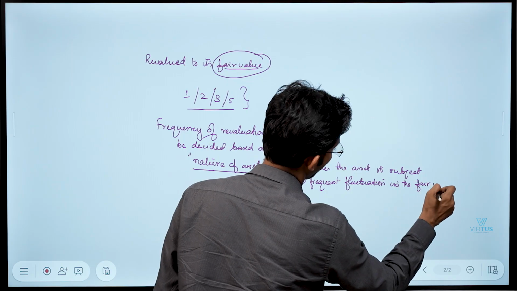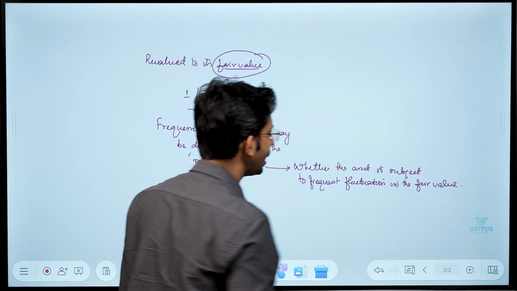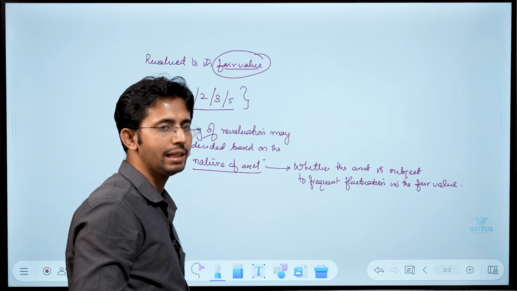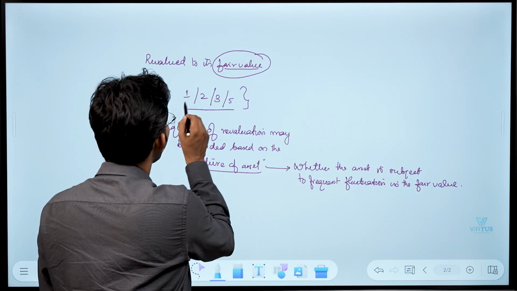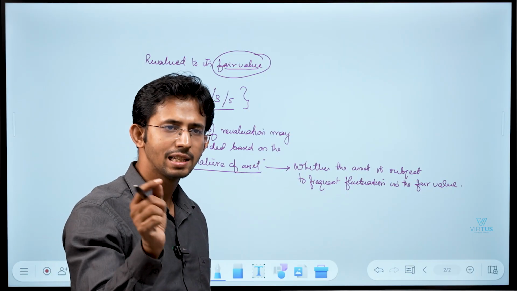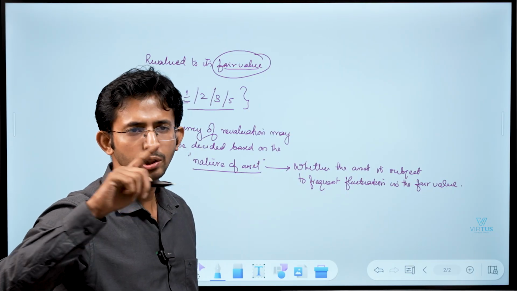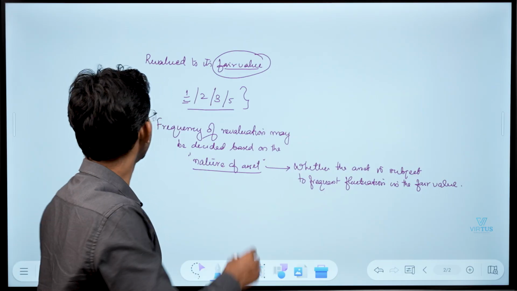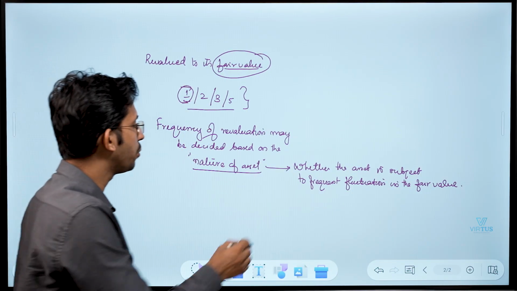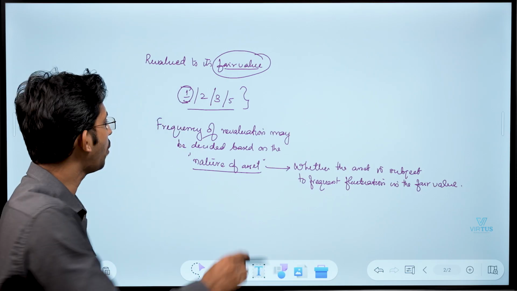So if the nature of the asset is such that its fair value keeps on fluctuating frequently, then your frequency of revaluation has to be shorter. If the asset is something whose fair value will keep on varying every year, then the frequency has to be what? 1 year. For such kinds of assets, you can't have a periodicity of 5 years if